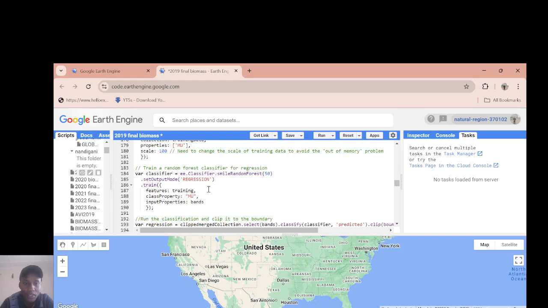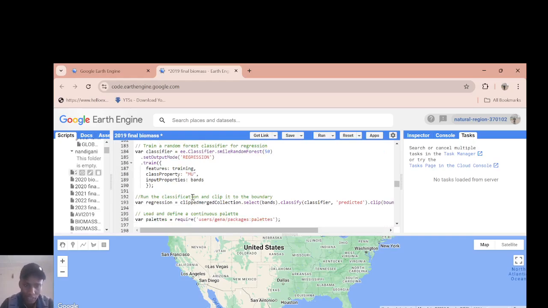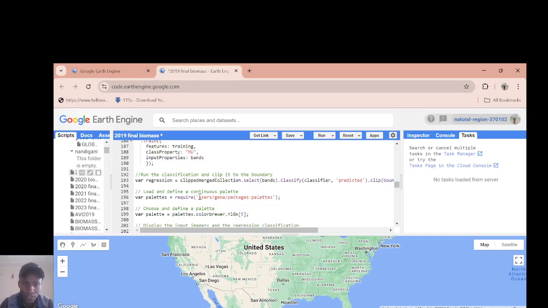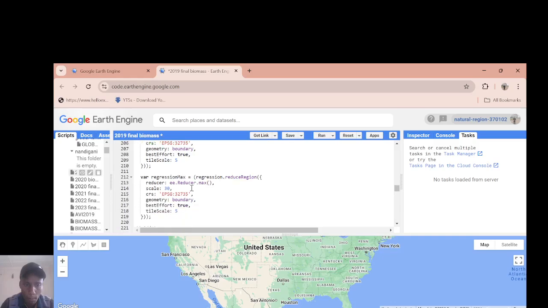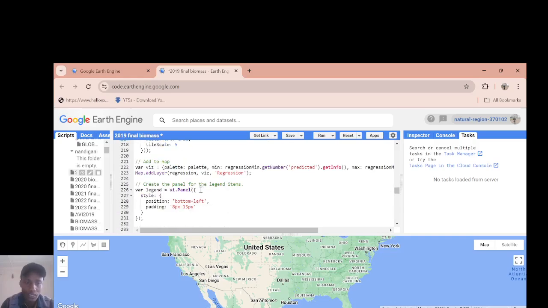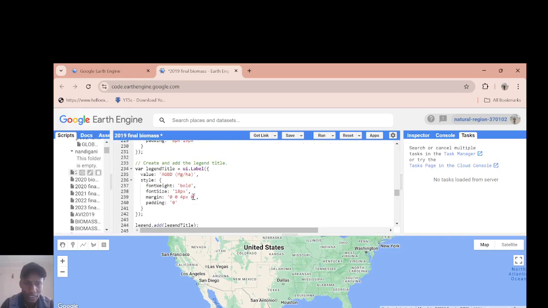The model algorithm that we'll be using is the RF, that is the random forest classifier for regression analysis. Then we do the classification and clip to a boundary. Then this is the code that will allow us to have a look at the palettes in terms of colors to be used. Alright, we'll visualize this in our Google Earth Engine. Then we'll create